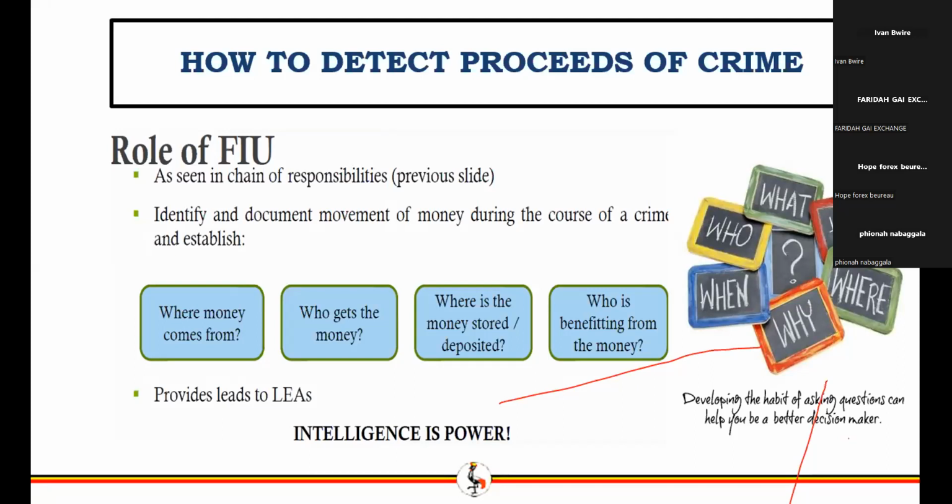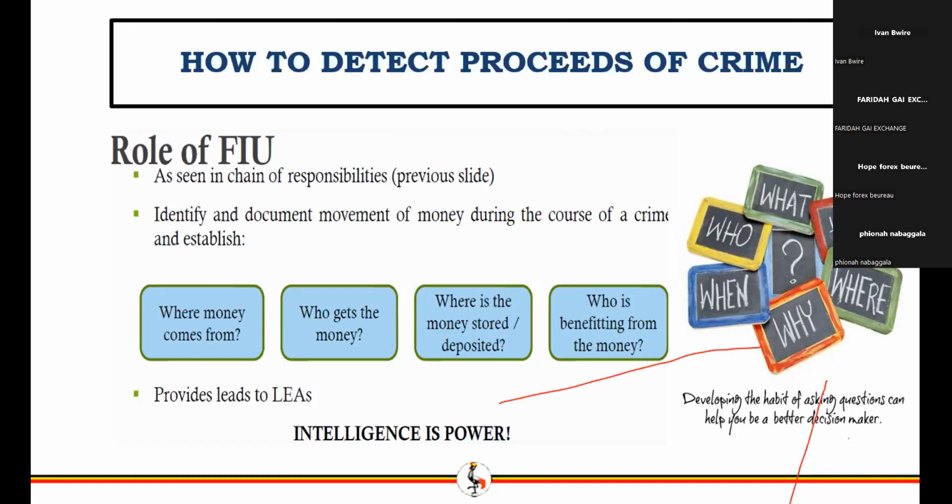So we have discussed how FIA does its work, and Ivan mentioned that there are different FIUs because under Recommendation 1, it says that the FIUs should be put in place to administer the assessment of risks. So every country that subscribes to the FATF has an FIU in place. What do we mean by FIU? We mean, in full, a financial intelligence unit, and in this perspective, FIA is the financial intelligence unit of Uganda. So every member country has an FIU.